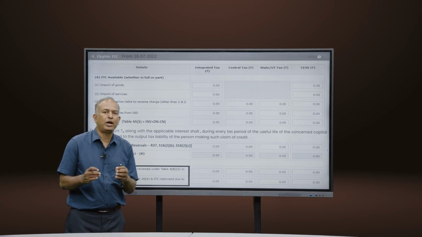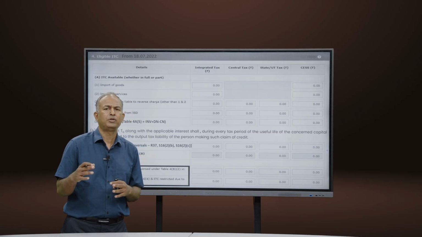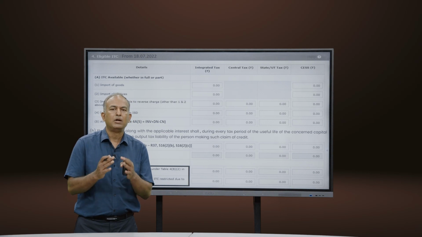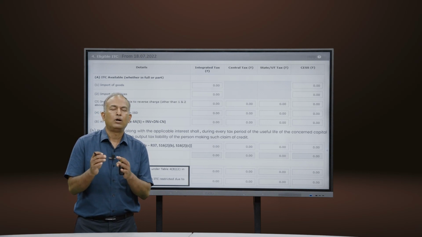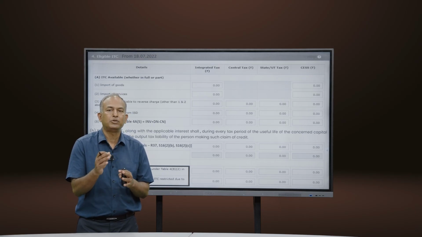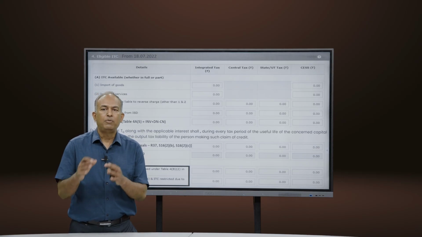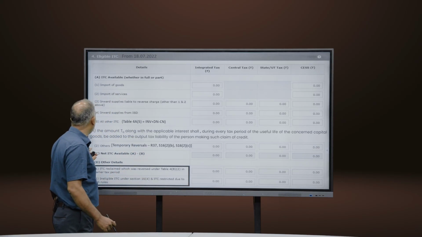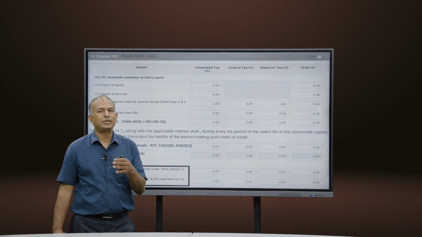But now I want to highlight certain aspects on the system. From a systems perspective, this is only for information purpose. Because many times we focus on the theory part and do not know how the system works. I just want to tell you a couple of things with reference to the system, which is actually a beautiful system that is put in place. Before I do that, I want to tell you one aspect: there is something called